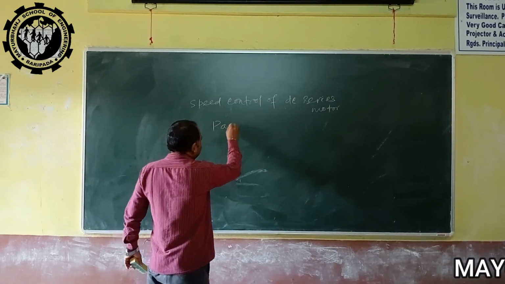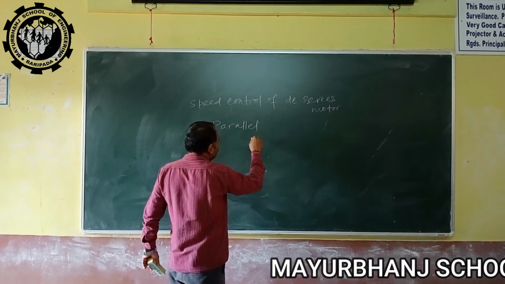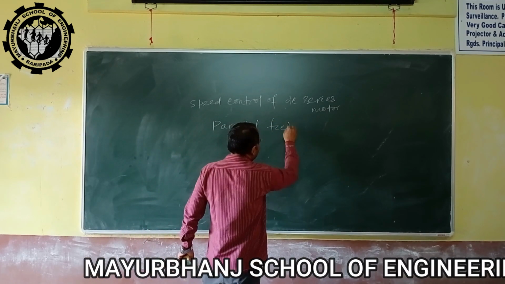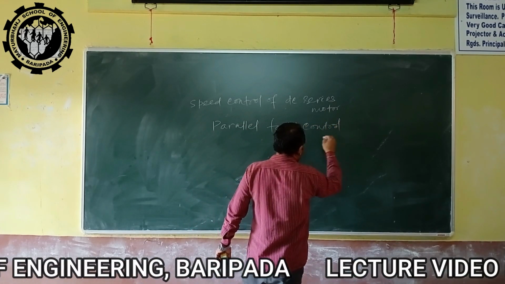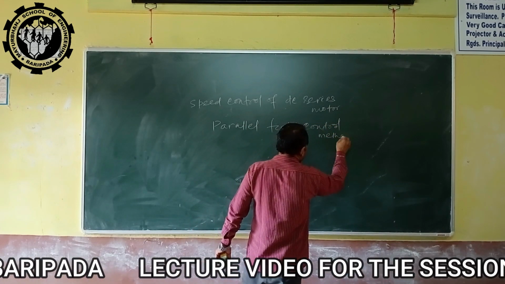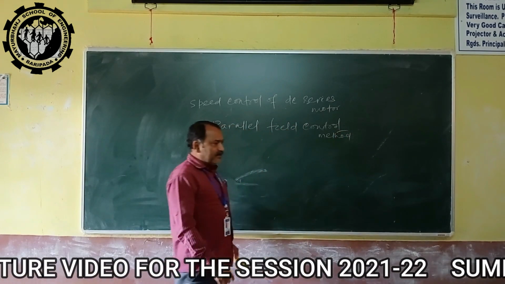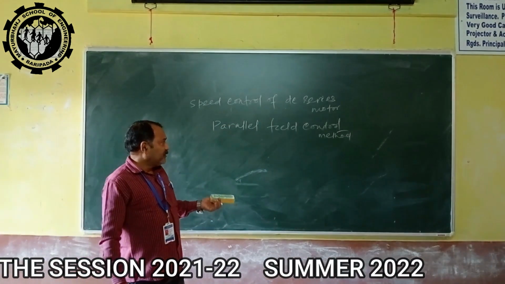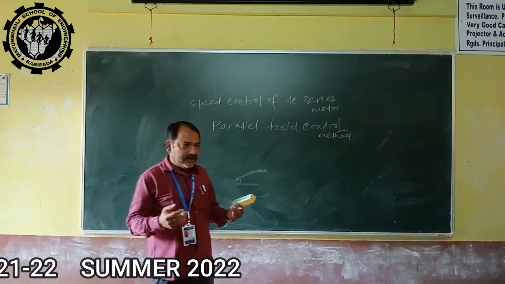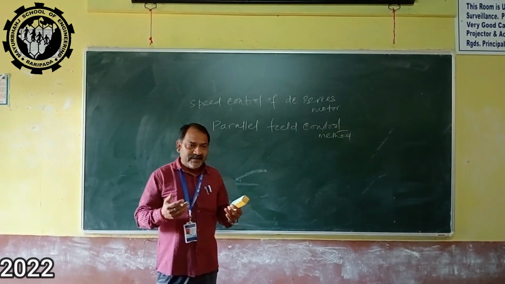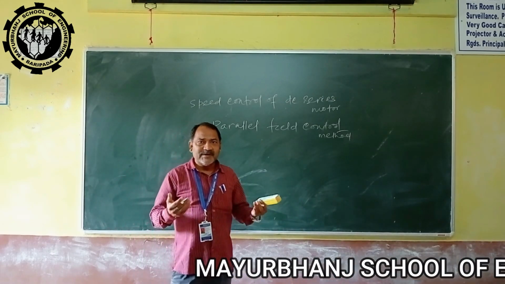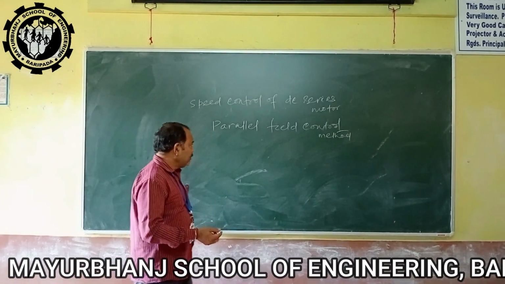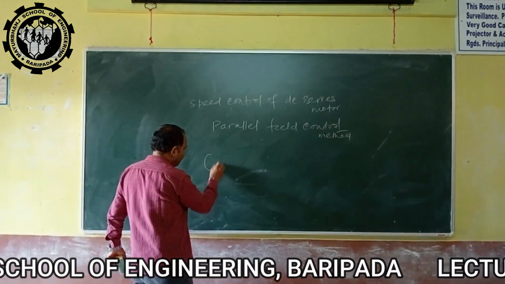So this is parallel field control method. So in this, what we are doing exactly, we can arrange the field circuit, some different sections of field circuit, in different manner. Means either you can connect them in series or you can connect them in parallel. So if we connect them in series,